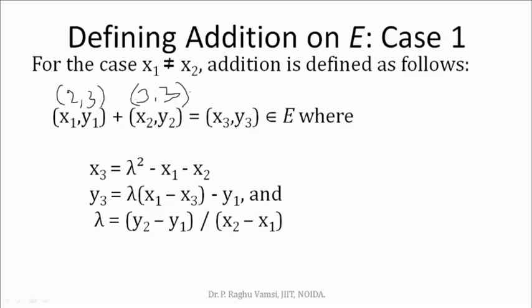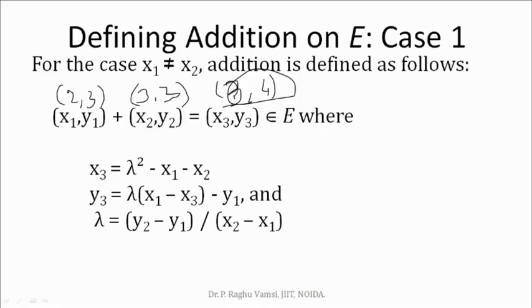Okay. You may take another thing like 3 comma 4. So this is another point. For example, in this case, x1 is equal to x2 and y1 is equal to y2. If you consider this point, then x1 is not equal to x2 and y1 not equal to y2. In this case, what you are supposed to do?